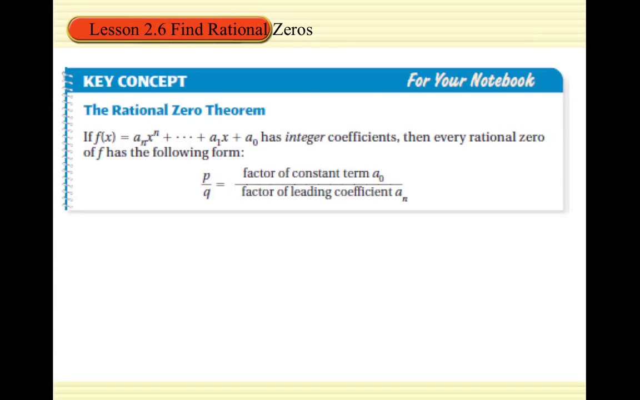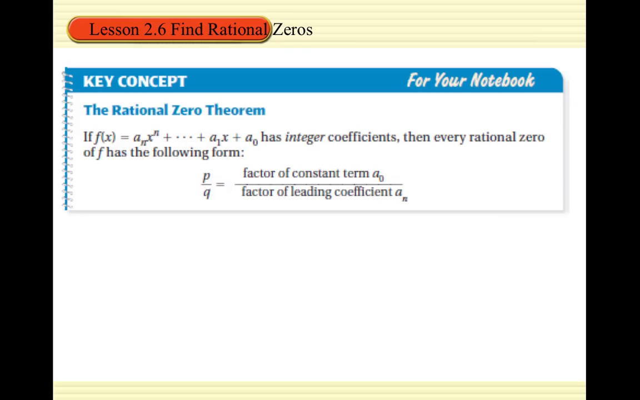Zeros. So remember that zeros are solutions to the equation. They are where the graph hits the x-axis. That's why they're called zeros, because the y value is equal to 0. And remember that a rational number is an integer